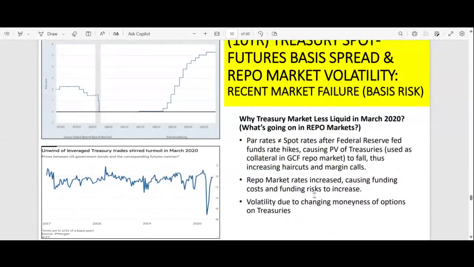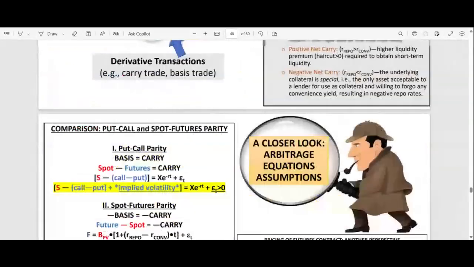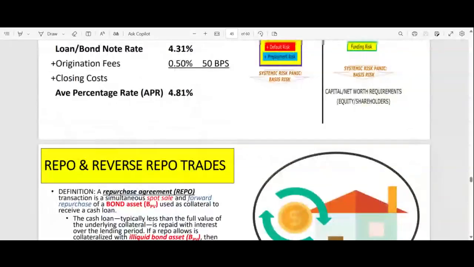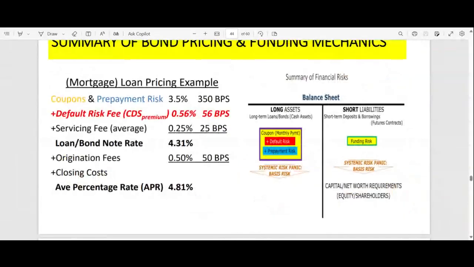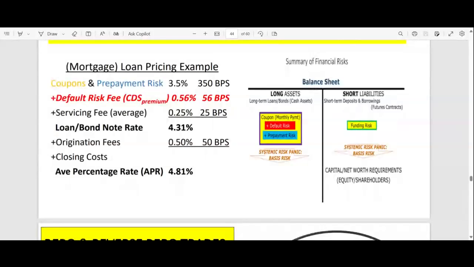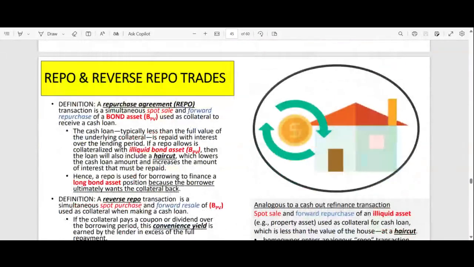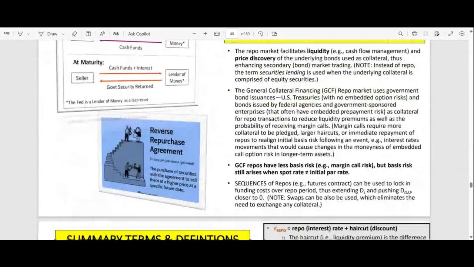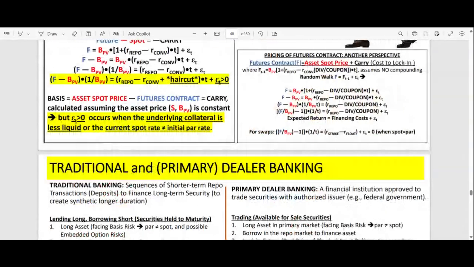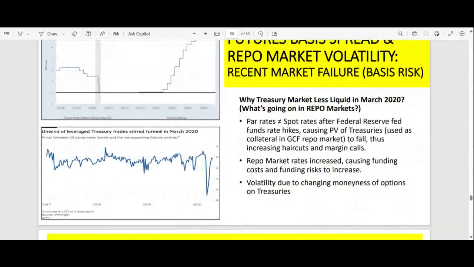And as a result of that, the repo rates increased. And when the repo rates increase and you're lending long and borrowing short, so the bank is up here lending long and borrowing short, and they wanted to lock in some of the funding costs, they found it hard to do that because the repo rates kept changing. And even if the repo rate was locked in long, they had to come up with a margin call. So when the Fed hiked those rates to fight inflation, and I told you, I kind of thought that the Fed hiked them too much because the inflation was being caused by an aggregate supply shock, not so much an aggregate demand shock,